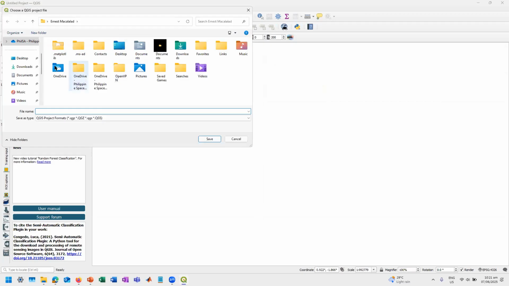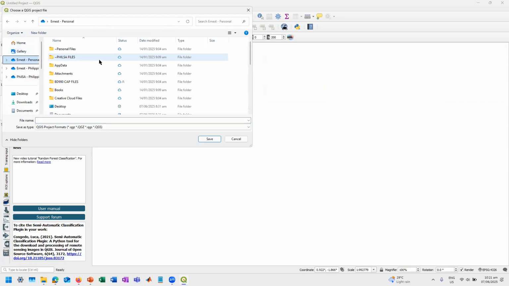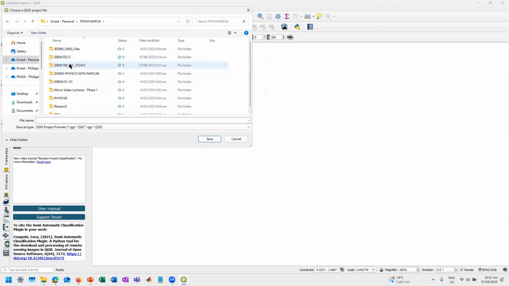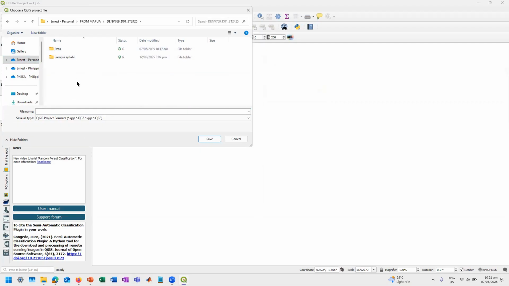So save that project first in our folder. I'm adding folder. Okay. Let's have a new folder here, which is demo. Let's have it dated today, 2025 0706 project.